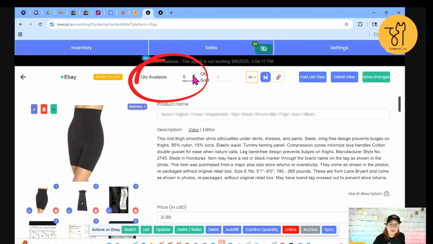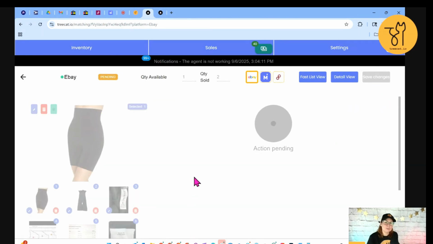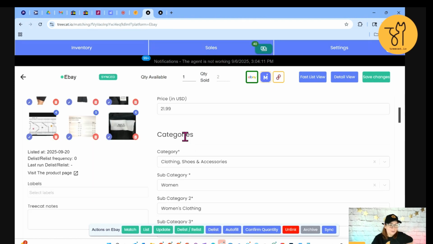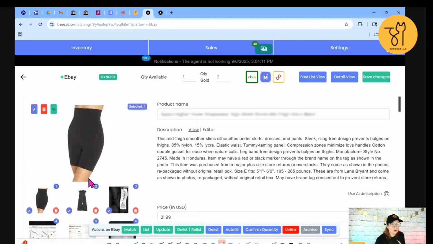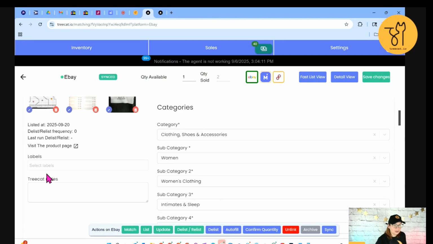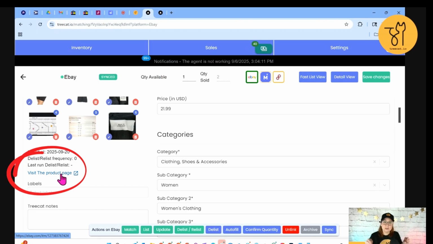But if you change the quantity and save, it will actually list it for you. So it's listed onto eBay. Anytime you want to see it, you just go and visit the product page. Under all of the pictures, it'll give you information about the labels, but above that is an area where it says visit the product page, and that will take you directly to your